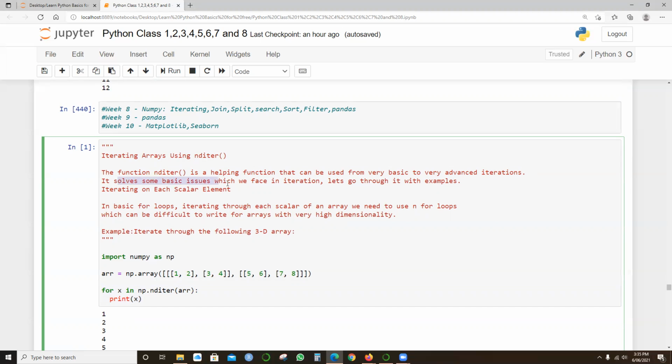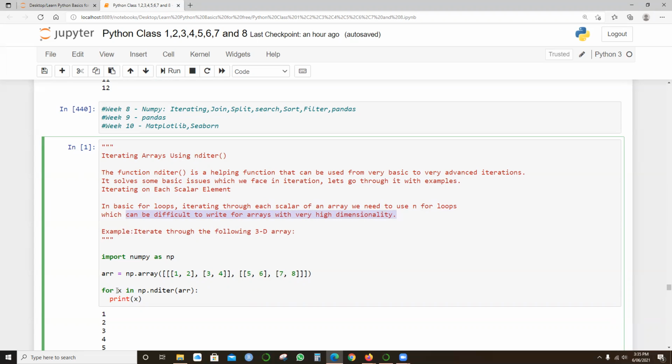There are certain issues while using loops. In basic for loops, to iterate through each scalar of an array, we need to use n for loops, which can be difficult to write for arrays with very high dimensionality.